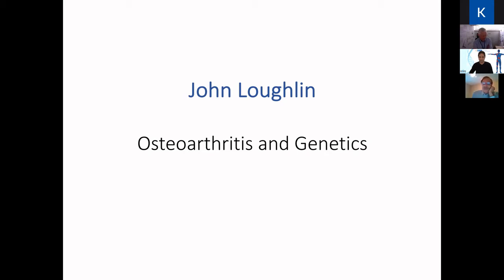He was awarded tenure at Oxford in 2002, and then in 2008 moved to Newcastle University, where he's currently professor of musculoskeletal research. John's research group focuses on identification and characterization of OA risk-conferring DNA polymorphisms using a wide variety of new techniques: in silico analyses, correlating the epigenome with genetic risk, and CRISPR-Cas9 technology to modulate these risk-conferring alleles.